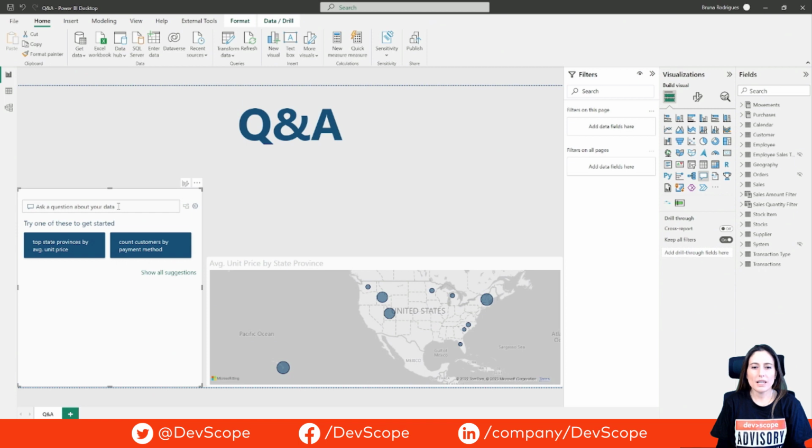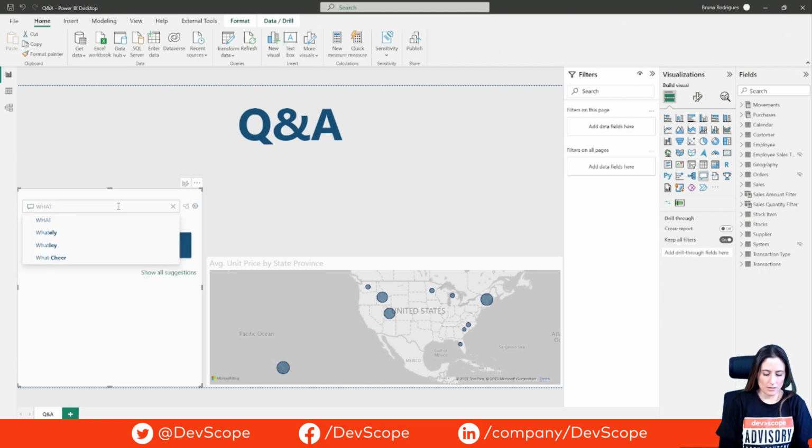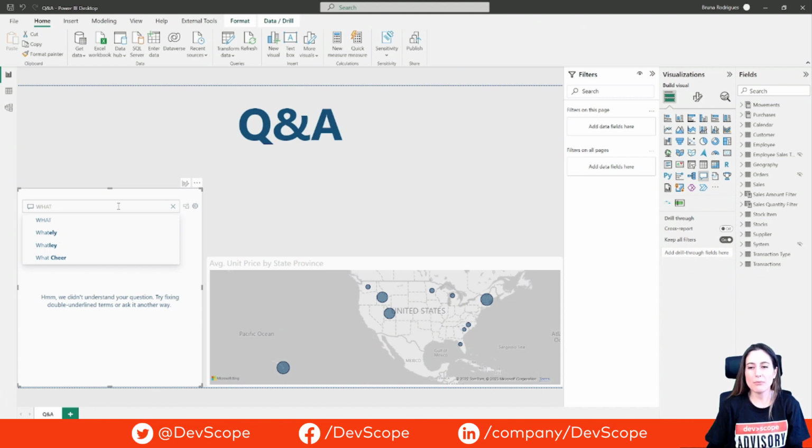And as you can see, while I'm doing it, Q&A is automatically providing some contextual suggestions to help me. So as you type, you are also getting immediate feedback and also some visual results. In this case, I'm typing "what", and Q&A is immediately suggesting multiple actions for sentence completion. And if I continue to type, what is sale amount,